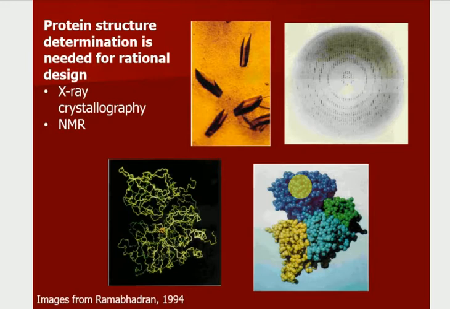Once we have a nice crystal that looks a bit like that, we then subject it to X-rays, and we get a crystallography pattern on the right-hand side. That's the diffraction pattern, and then it's a case of solving the structure from that pattern, which is a time-consuming, laborious, and mathematically complex process. But you end up with a molecule that looks a bit like this. So you end up with a solved structure. And as I said, you can get this down to the sub-angstrom level,